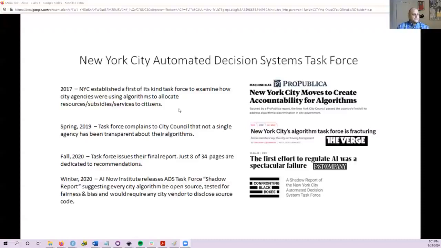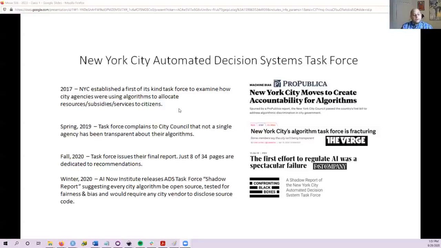2.5 or so years after the task force was brought together, they issued their final report, where just a handful of the pages of the report were actually devoted to findings. Most of it was like fluff, like bios and things of this nature. And then it's worth reading, in the winter of that year, 2020,